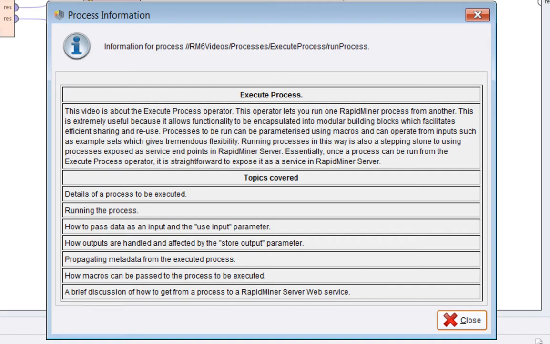This video is about the execute process operator. This operator lets you run one RapidMiner process from another. This is extremely useful because it allows functionality to be encapsulated into modular building blocks, which facilitates efficient sharing and reuse. Processes to be run can be parameterized using macros and can operate from inputs such as example sets, and